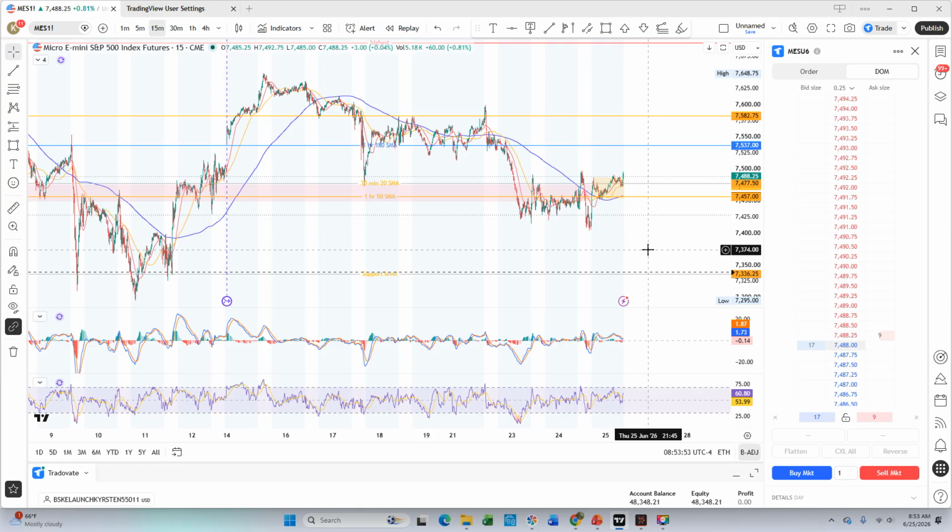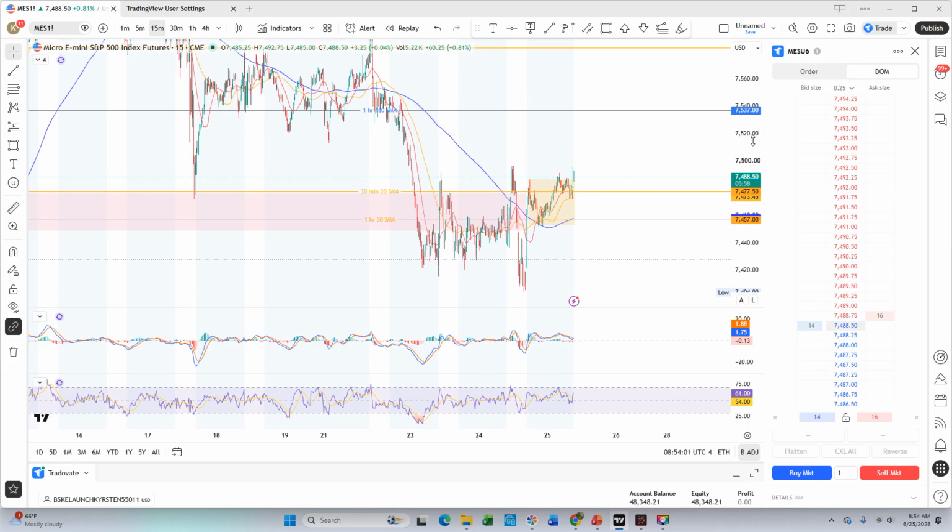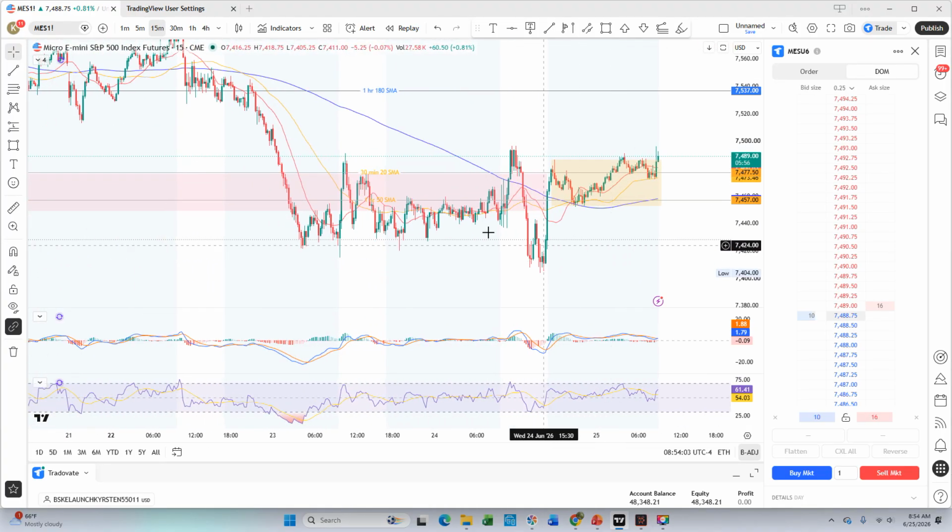So I still think it's pretty wobbly. This pink band was interesting in the way it interacted with that. If I zoom in a little bit, it kind of followed the bottom side of that pink band, and it zipped above it at one point and then zipped below it, but it's definitely still kind of interacting with that band. And then this morning I've formed another band here that's a little bit higher than the old one,